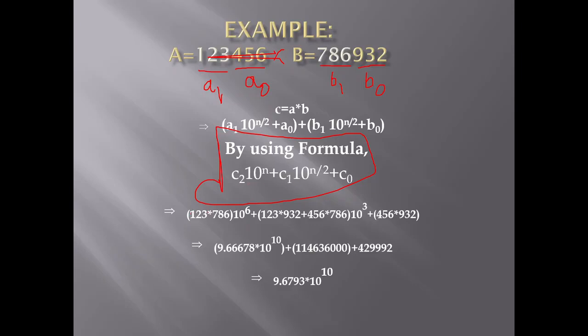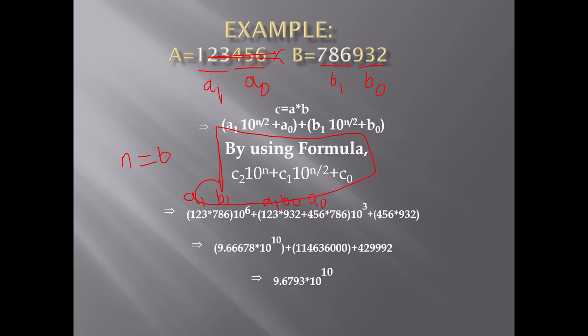Now C2 is equal to A1 into B1, where A1 is equal to 123 and B1 is equal to 786, into 10 to the power of n. Here 10 to the n refers to the number of digits, which is equal to 6 here, plus C1 is equal to A1 into B0, where A1 is equal to 123 and B0 is equal to 932, plus